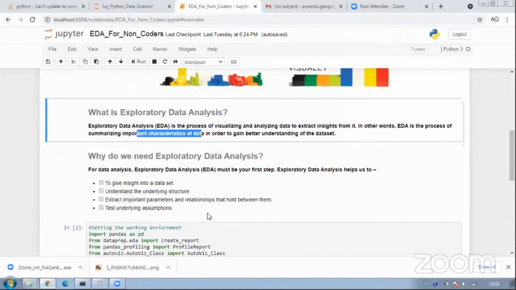This is where again EDA helps us to form a ground and underlying assumptions. Data science as a work is based on a lot of assumptions, a lot of hypothesis testing. So we try to test those assumptions statistically, backed by the data, through EDA. Okay, so that's all basically in terms of why we need an EDA analysis.